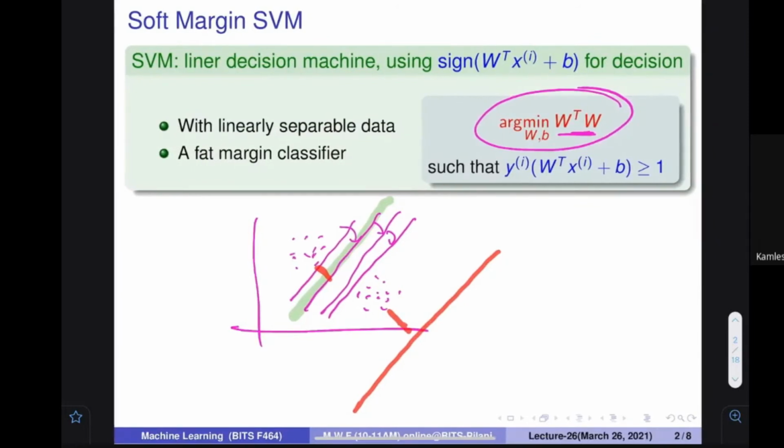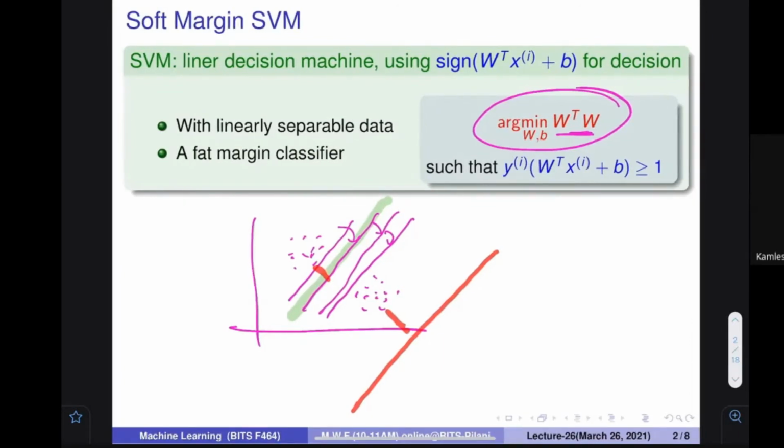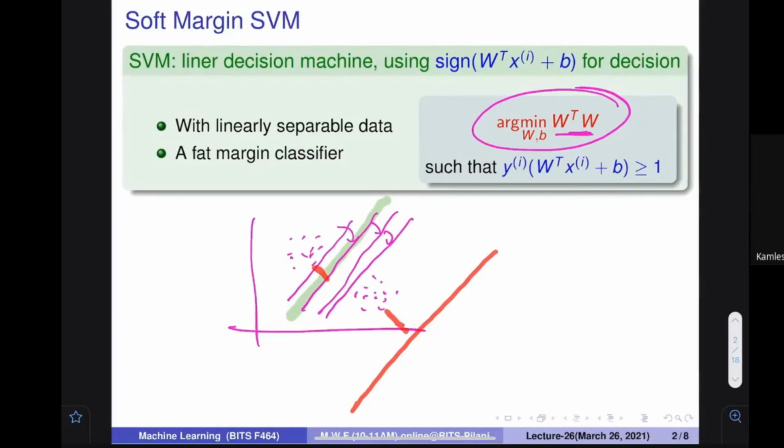Which line is better in terms of the margin, red or green? In terms of the margin, which line is better? Red one? Because I told you that the green one is here, so this is what the margin is. I told you to increase the margin and put the line over here. So which line is better? Red line is better because it has more margin.